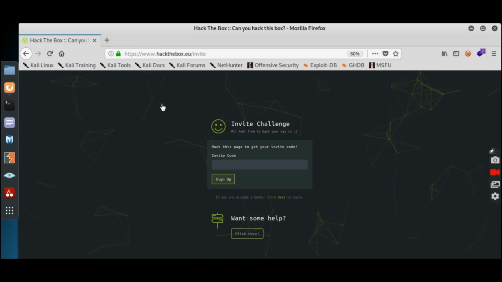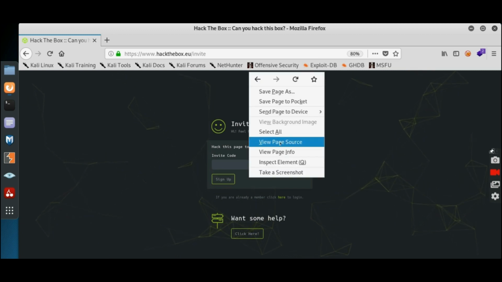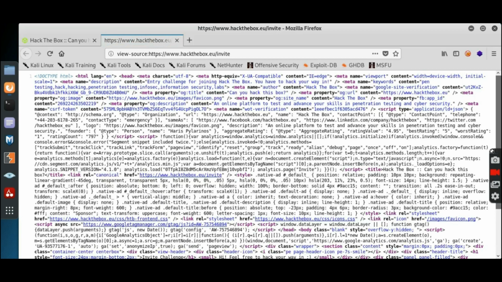Okay, there is nothing special in this front end, so we can go to the page source. Let us search for any interesting clues.